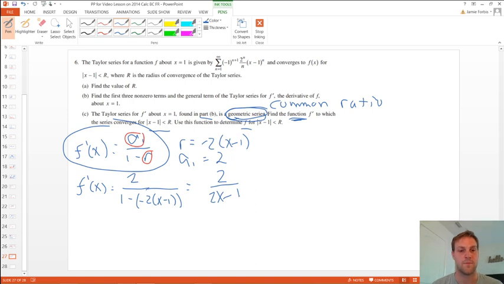Okay, that simplifies down. So that's my function. That is what f prime of x equals. Now that only equals that whenever it converges. And that radius of convergence, remember, we find that by taking our ratio and doing the absolute value of that